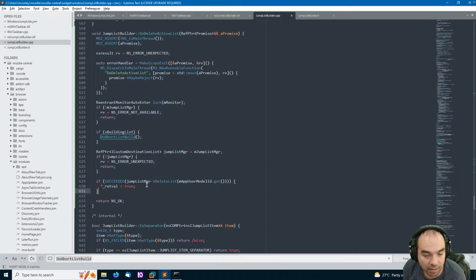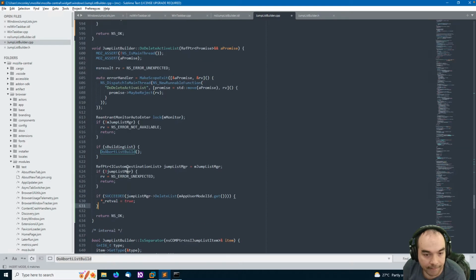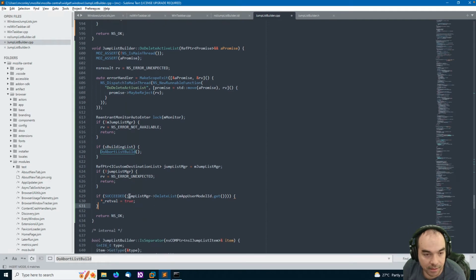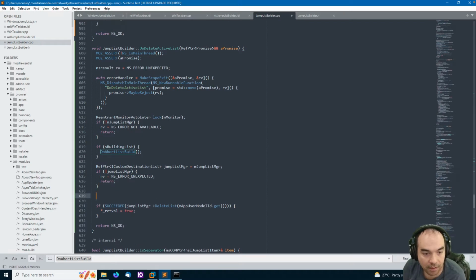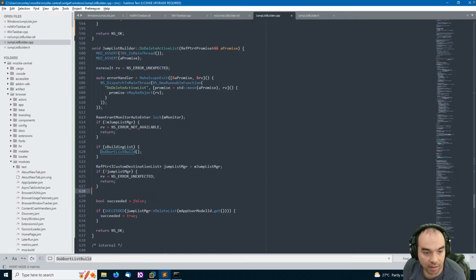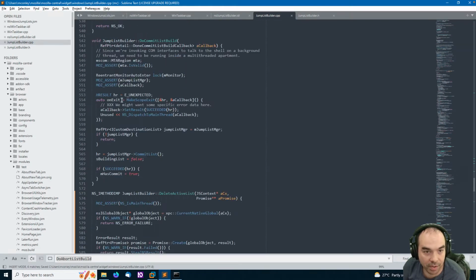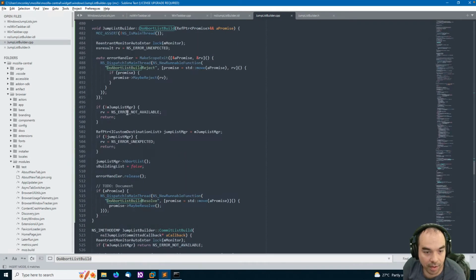If succeeded, reject. Okay. Bool succeeded equals false. We're going to say succeeded equals true. And then down here we're going to release our guard. And this is when we will dispatch our runnable to the main thread.